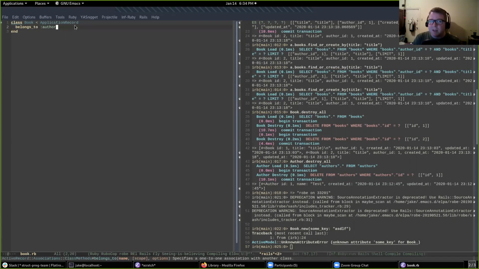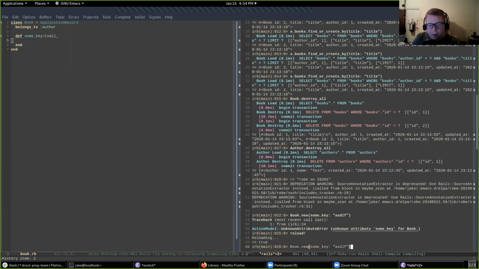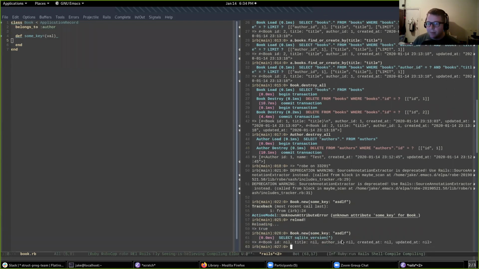There just has to be a setter there. So if I were to go in here and define some key equals, then that's going to be enough. If we now reload and run that again, no error. And it didn't set any of the columns, it just passed that in there. We can prove that to ourselves by doing a puts equals,